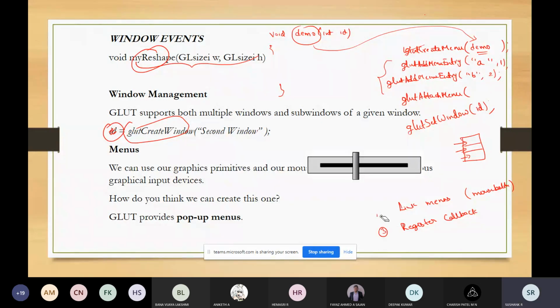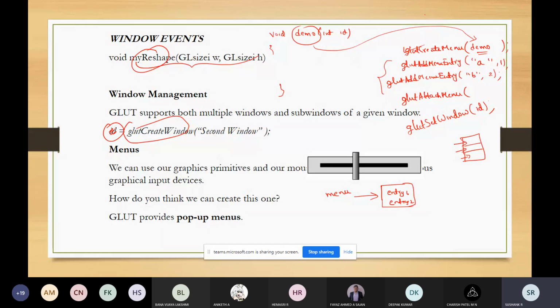We have one hierarchical menu in OpenGL. Here we have one menu with entry 1, entry 2.